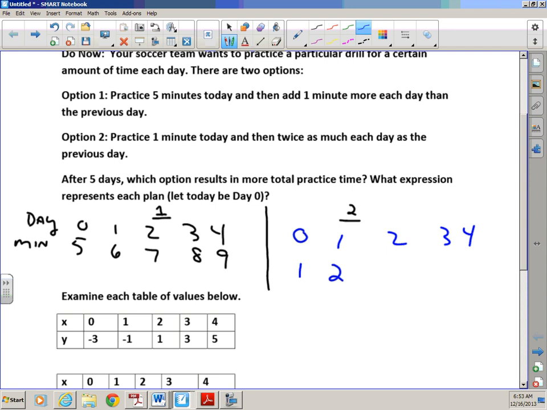The next day is 2 minutes. The next day is 4. The next day is 8. And the last day is 16. Now,